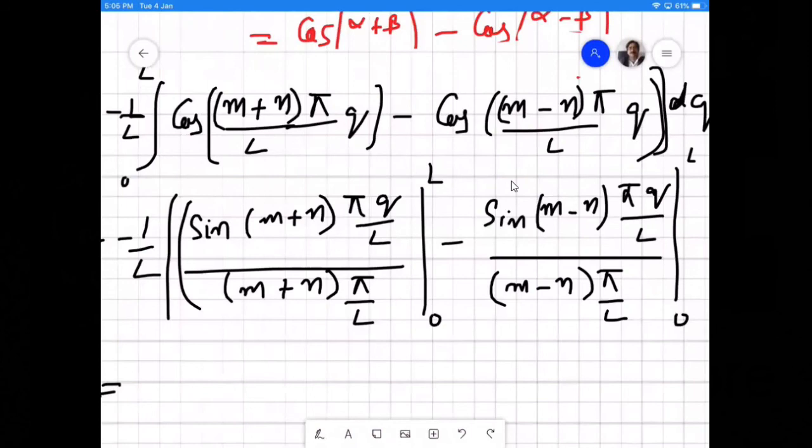So when we take the integration of cos, the integration of cos will be a sine, divided by the derivative of this, and the integration of this will be equal to this. The limit is from 0 to L. By putting these values,